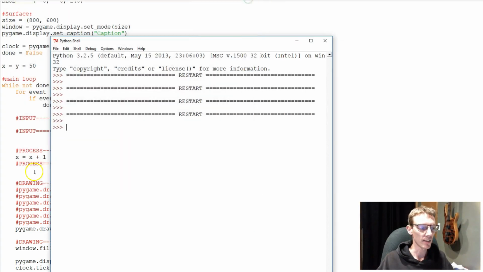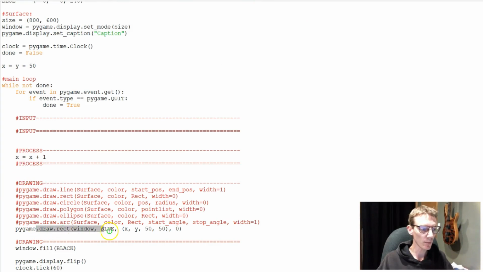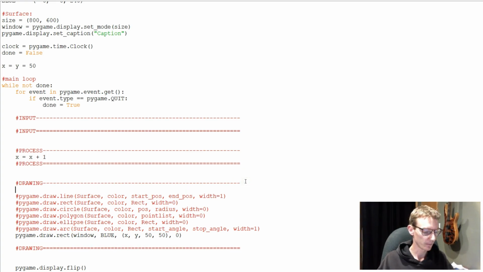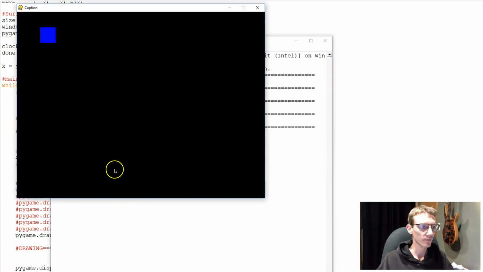The only problem is the order. I'm drawing my rectangle, and then I'm filling the whole window black. So I need to fill the window black before I draw my rectangle. So under this drawing thing, I need to fill my window, so draw the background, cover the whole thing black, and then draw my rectangle on top of that. So if I run it again one more time, it looks like my block is moving